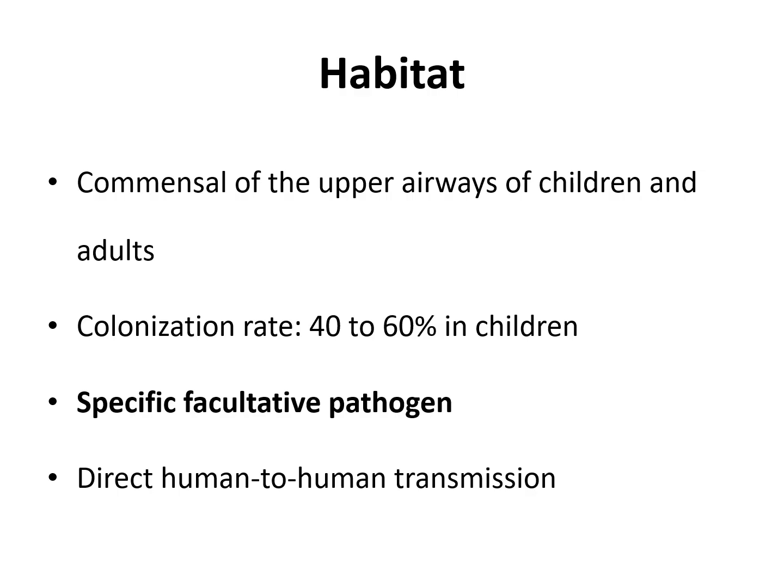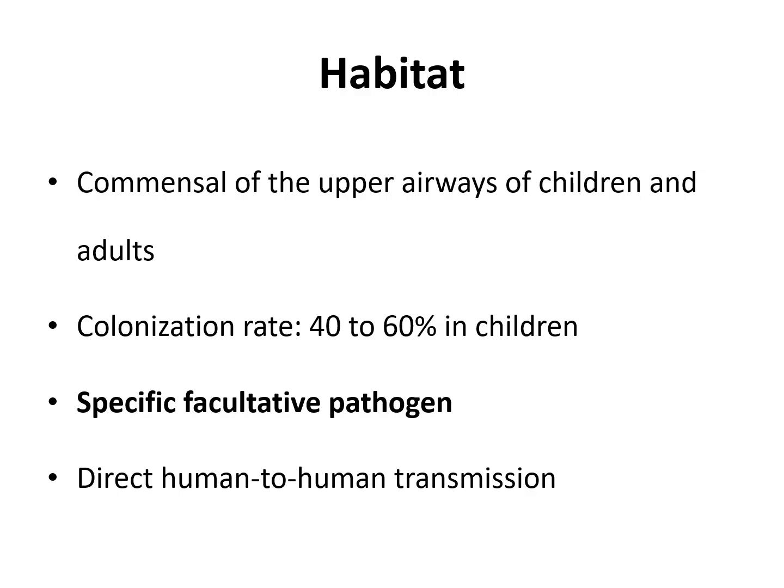Now, let's take a moment to discuss the epidemiology and transmission of Haemophilus influenzae. As mentioned earlier, this bacterium is a common commensal of the upper airways, meaning it can reside naturally in the nose and throat without causing harm. This is true for both children and adults. The colonization rate is quite high. In fact, it's estimated that 40 to 60% of children carry this bacterium in their upper respiratory tract